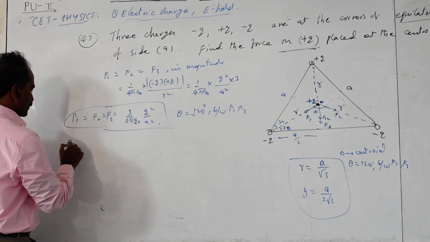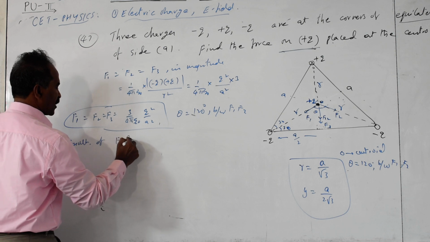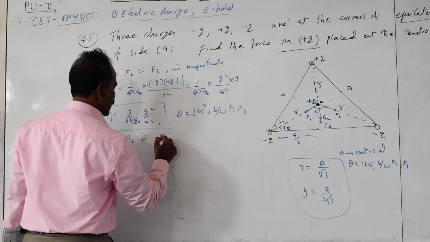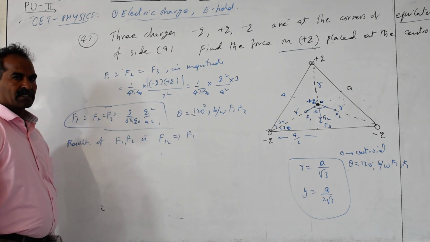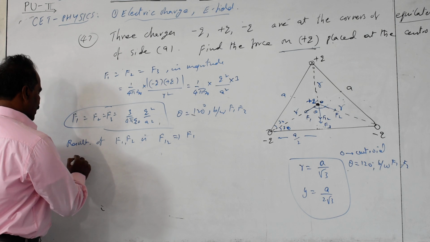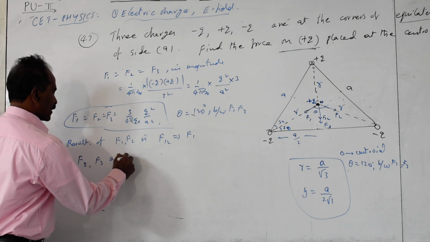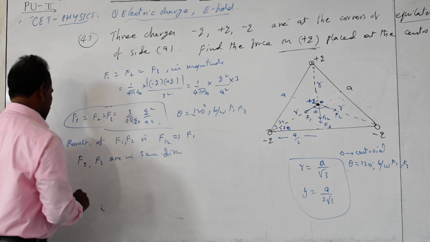So the resultant of F1 comma F2 is F12, which is also equal to F. All will be equal to it. Next, the final result. F12 comma F3 are in the same direction, and the final resultant